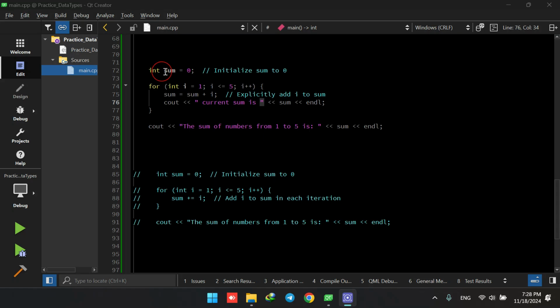So we initialize sum to be 0. Then we start a for loop right away, and it has three parts, as you know. Because we are calculating the sum of numbers from 1 to 5, it starts with 1 and its upper bound is 5, and it is incrementing one step at a time. And since sum is initialized to be 0,